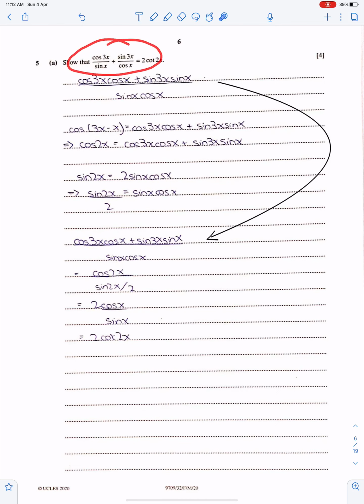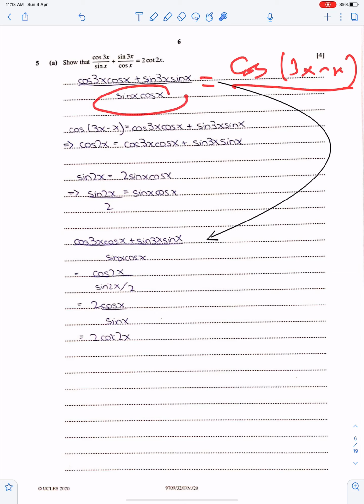This question is very important. First take the LCM, and after taking the LCM understand this structure. This is the sum formula of sine or cos. Sorry, this is the sum formula for cos because we have a product of like. When we have product of cos and sin, then we use the sum formula of cos. Cos 3x minus x. So this is cos 3x minus x. So you can replace this by 3x minus x.